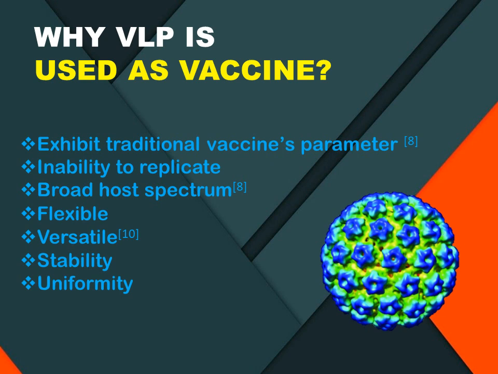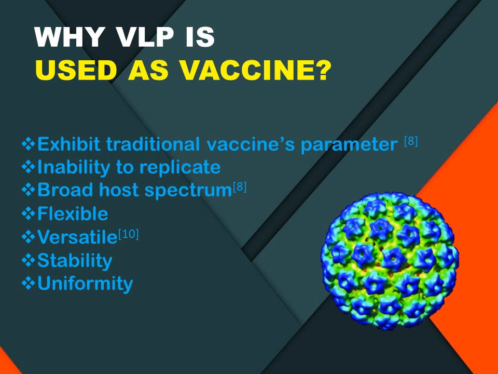Versatile properties indicate that VLP can be modified based on the application. For example, multivalent vaccine is able to provide protection against 9 different strains of HBV. Stability and uniformity show that VLP are resistant or closely resistant to changing their properties, hence it is easier to be